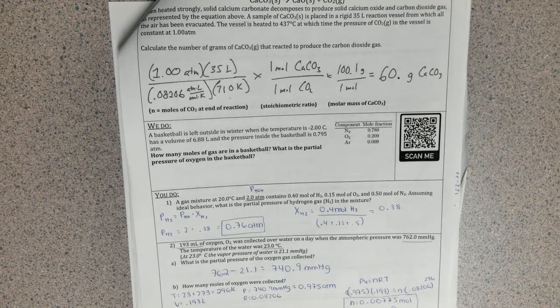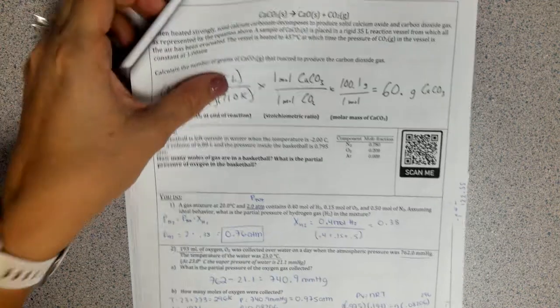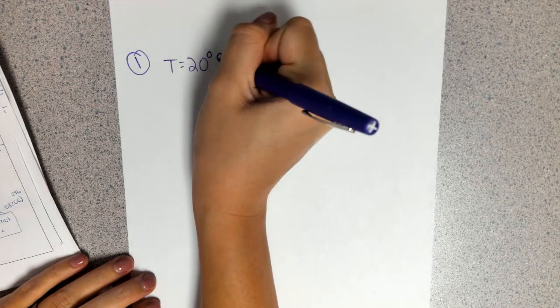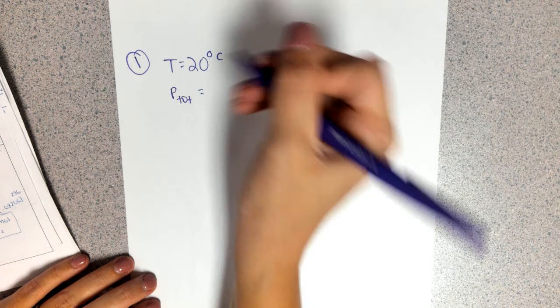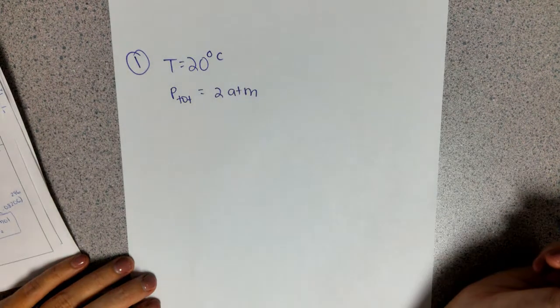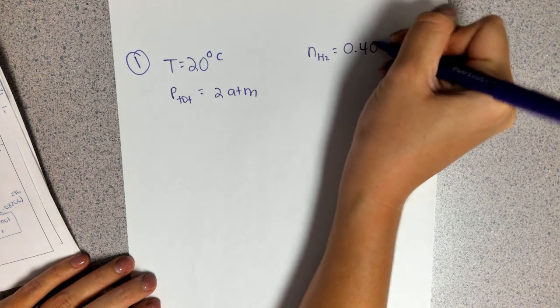In this video, I'm going to go over the ideal gas problems that are in your notes packet, starting on page 17, starting with this first you-do problem. So, number 1. A gas mixture at 20 degrees Celsius, so T equals 20 Celsius, and 2 atm, and this is a mixture, and so if I'm giving you the pressure of the mixture, that is the P total, 2 atm, contains 4.4 moles of hydrogen, so n H2 equals 0.40 moles,